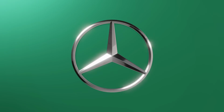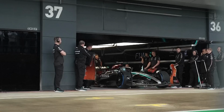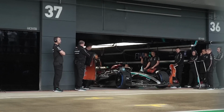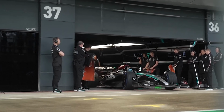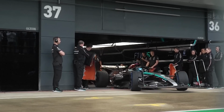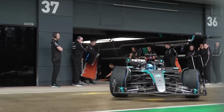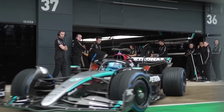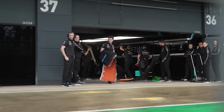For Mercedes then, it was the perfect Friday, and to be honest, they are looking strong over one lap, as the cold conditions are working perfectly for their car and tyres, as they are really not able to overheat them. Mercedes' biggest issue this year has been overworking the tyres, but due to the conditions being around 10 degrees Celsius, they are working perfectly, and we saw Lewis Hamilton top both practice sessions, and when you look and compare the